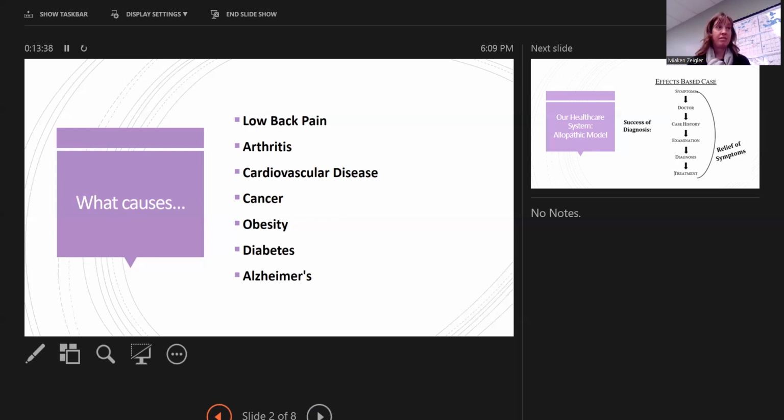Diabetes doesn't happen overnight. What causes diabetes? Again, looking at diabetes, it's your blood sugar and your body no longer being able to manage the blood sugar on its own, doesn't respond to the insulin that your body is producing on its own. So our pathogenic model says, well, let's give them more insulin. You're not responding to your own body's insulin, so we're going to give you more synthetic from the outside in.